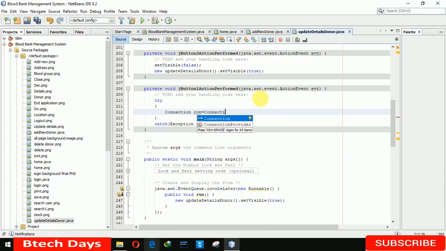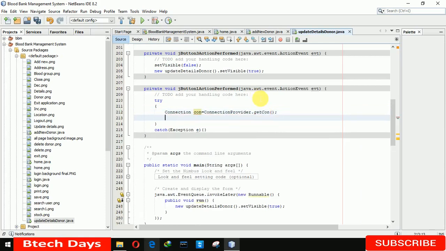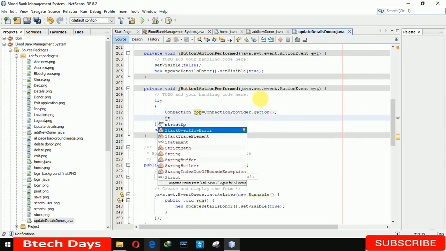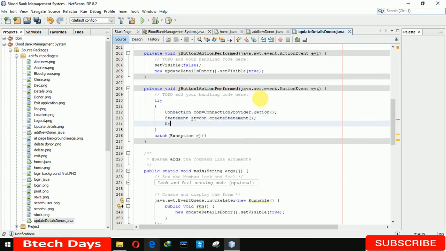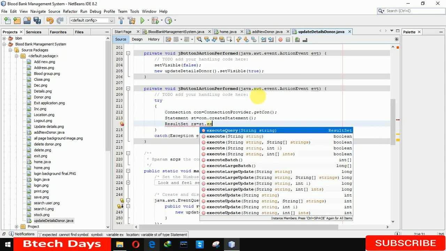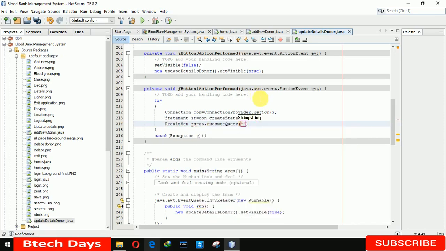Okay, the connection provider class has a getCon method in it, a static method. After that we have to create a statement: Statement st = con.createStatement. After creating the statement we need a ResultSet: rs = st.executeQuery. In this we have to write the select